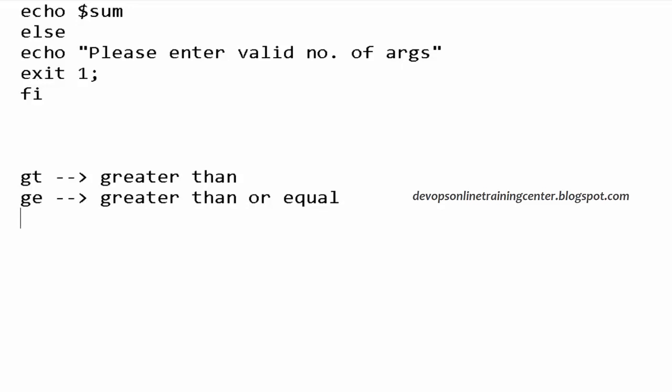If you want to check whether A is greater than B or B is greater than A, you can do that kind of comparison using these operators. GT is greater than, GE is greater than or equal to, LE is less than or equal to, LT is less than, EQ is equal to, NE is not equal to.